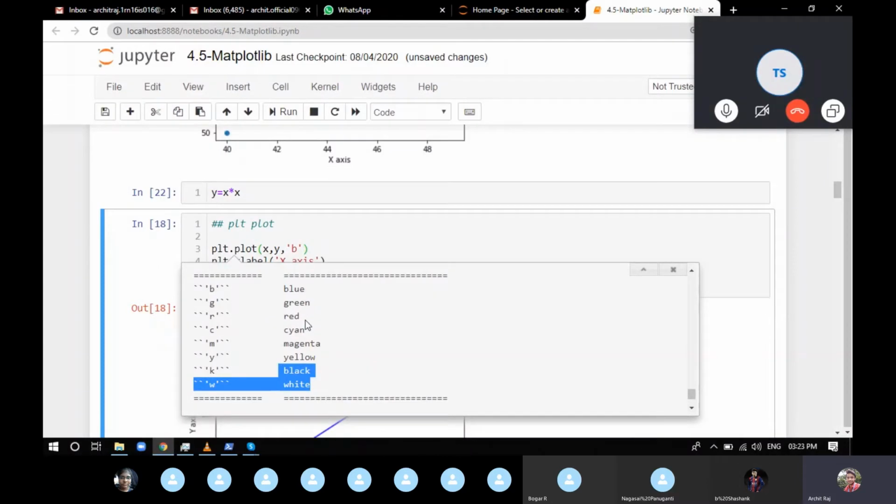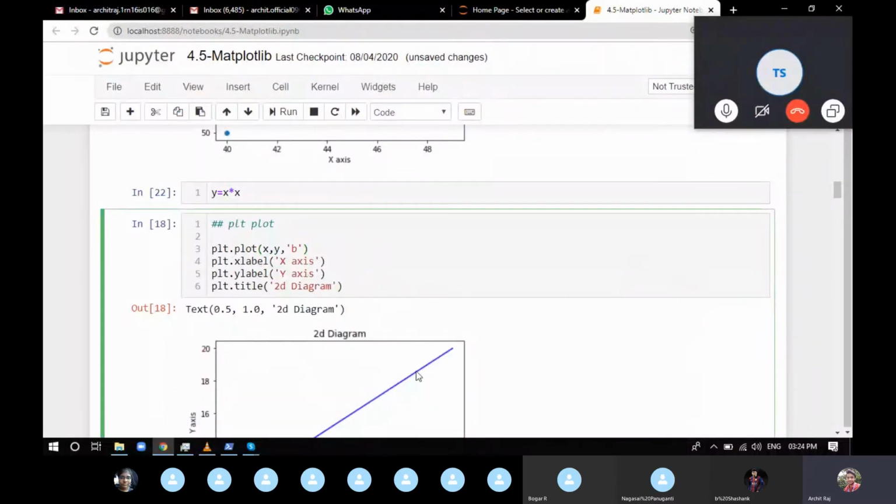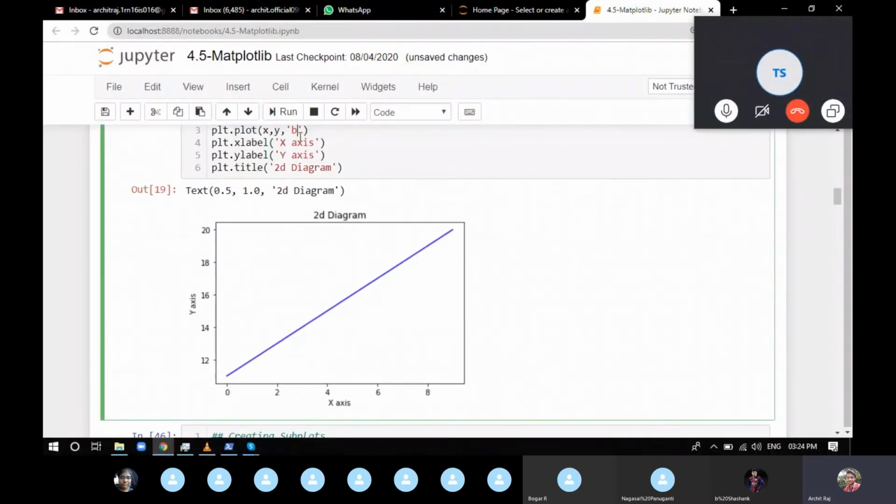Now this looks like a simple line. Now to make it look better, instead of making a straight line, we can make it a dotted line. So we provide the name of the color which we want, and a double dash. It means make it a blue line with a double dash symbol. So we can see if you provide a double dash, it's a double dash line.